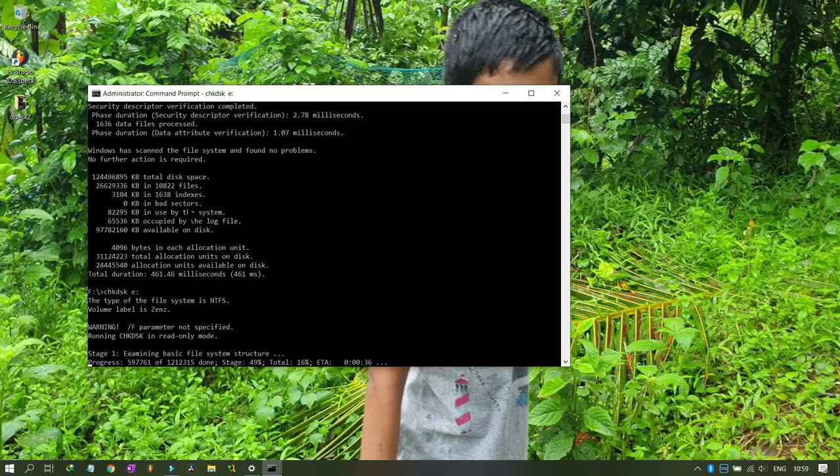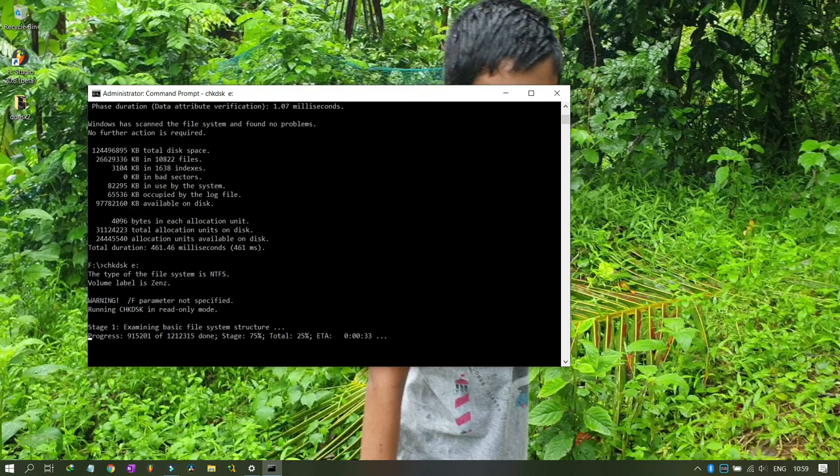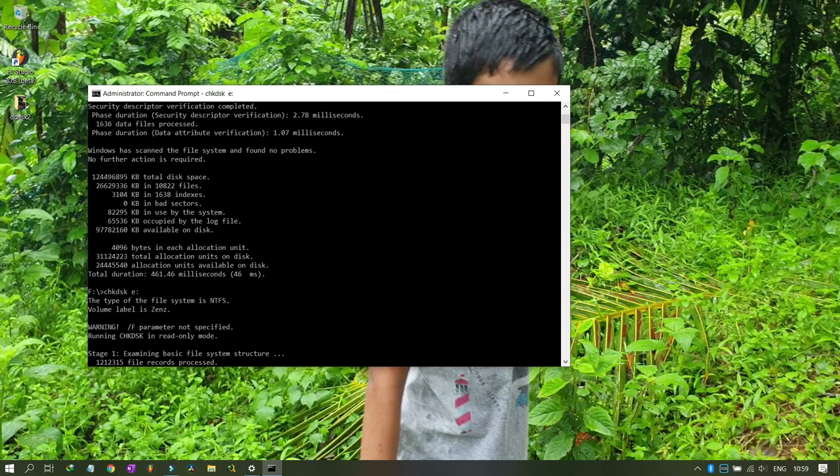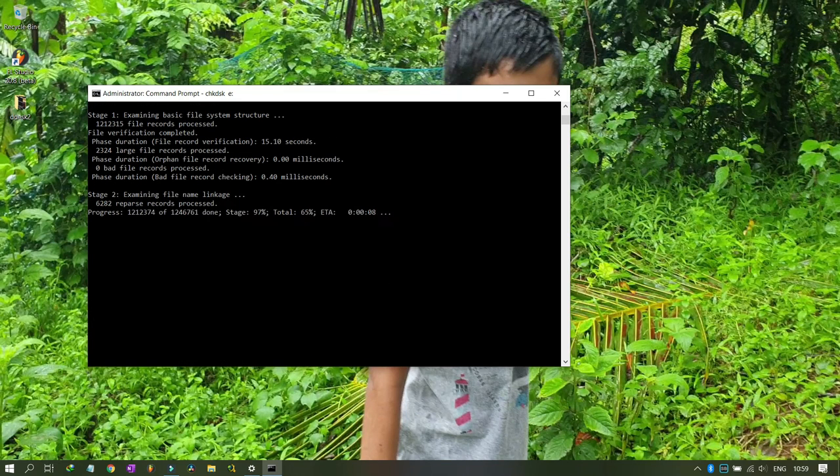Sometimes the FAT will get destroyed, and in that case the check disk command can fix some errors, but right now we don't use FAT so much. We have moved on to NTFS. So I'll press Ctrl C and abandon the process because it will take a long time.